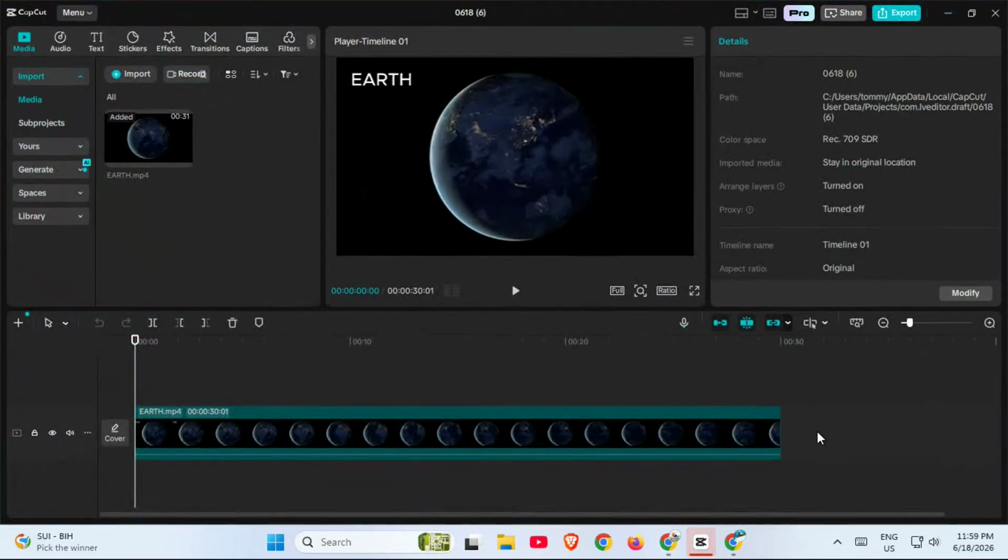If you're seeing CapCut error code 4002, don't worry, because in this video I'm going to show you exactly how to fix it step by step. This error can show up for a few different reasons, but the good news is that most of the time it comes down to your connection, your device settings, or not having enough storage available. So stick with me, and by the end of this video, you should be able to get CapCut working again